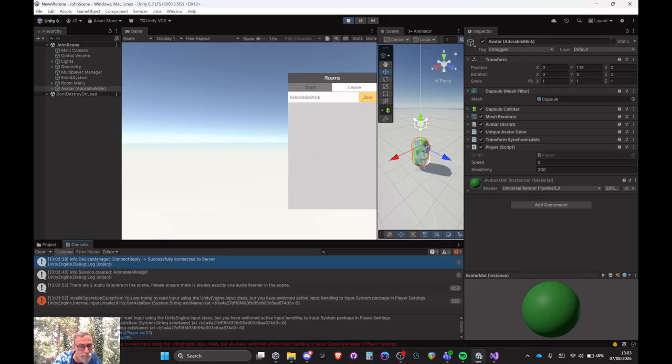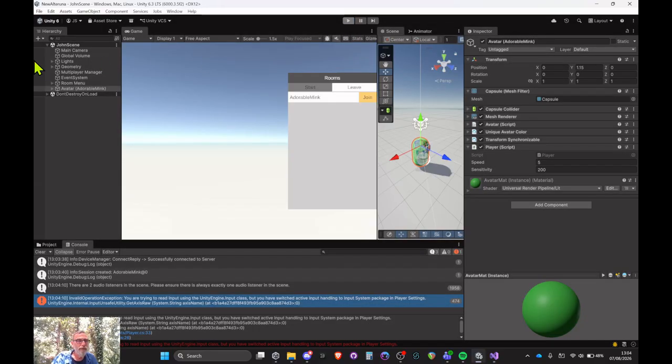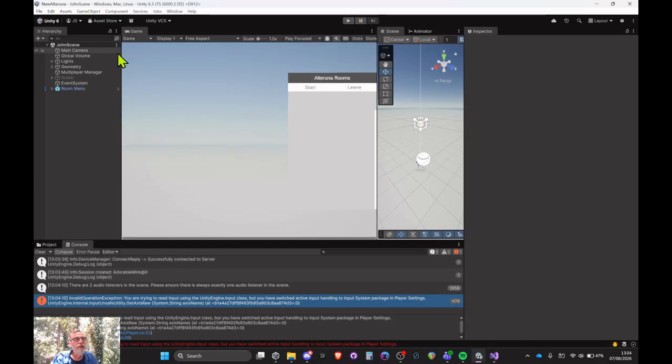Invalid operation exception. You're trying to read input using the Unity input class, but you have switched active input handling to the input system package. So that's another little caveat you might run into. The new input system and the old input system. So this player script happens to be working off the old input system. So we stop. We go to